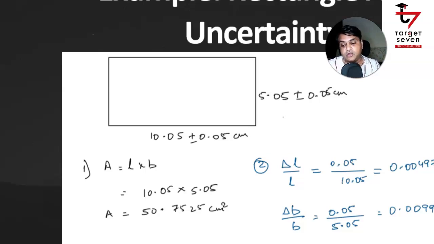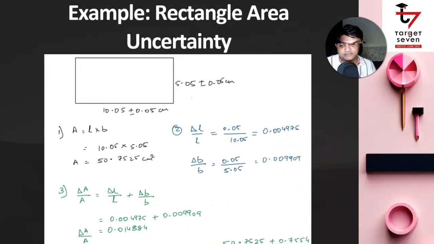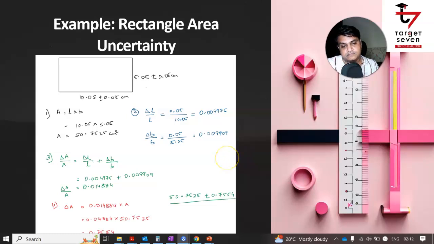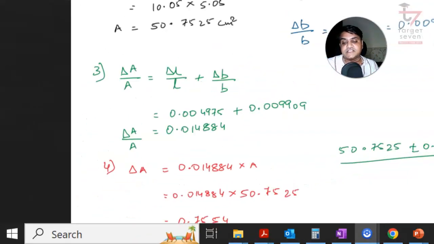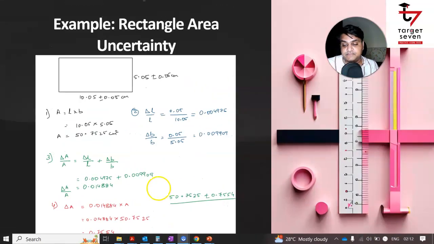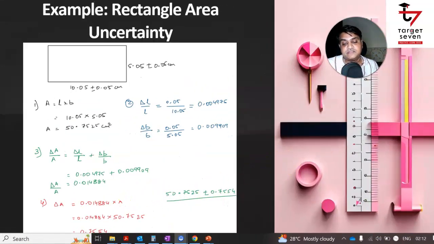The area of this particular rectangle can be determined as 50.7525 centimeter square. Using due calculations, we will now be able to determine the fractional uncertainty as 0.014884, and the corresponding absolute uncertainty also therefore can be determined as